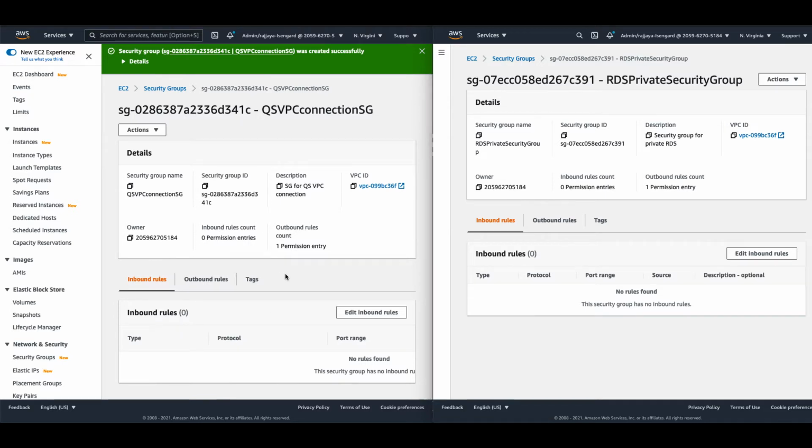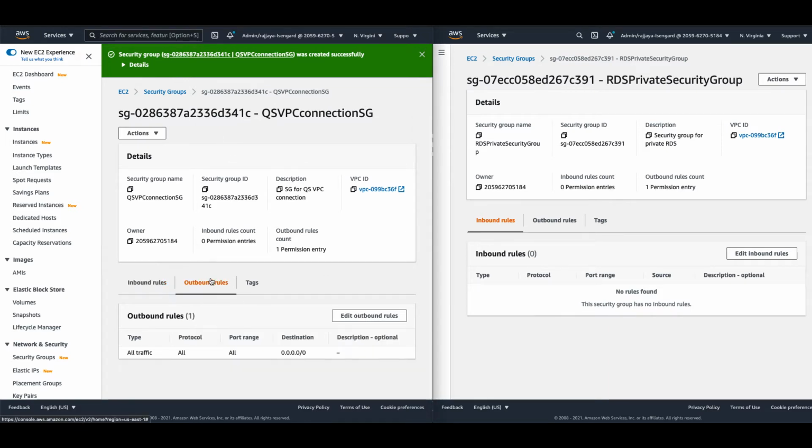For example, when QuickSight first reaches out to the database, it uses the security group and sends an outbound request. Here, the default outbound rule is allowing traffic to all IP addresses on all ports. So the connection from QuickSight goes to the security group associated with the RDS instance. In the RDS instance inbound rule, we do not have any specific rule allowing the traffic coming over from QuickSight security group. So let's create a new inbound rule so that the traffic coming from QuickSight can reach the RDS instance.